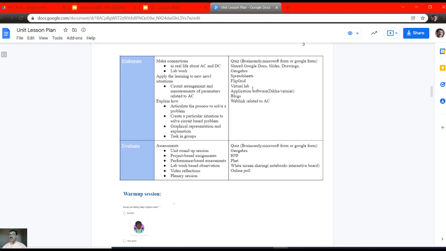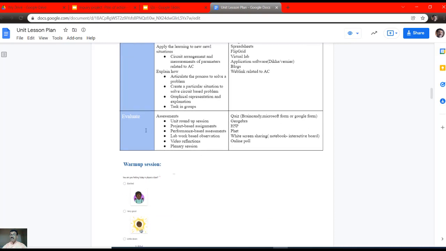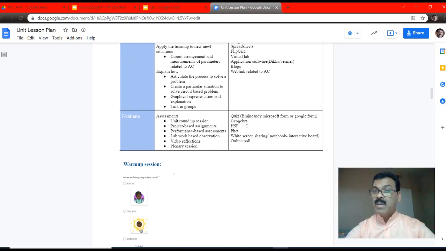You can use a spreadsheet. You can use a virtual lab, and we can use even some application software like Bernier, Diksha. We can use some blog, and finally we can evaluate our students by making a quiz, by implementing certain interactives and simulations where they can play, and we can conduct an online opinion poll as well, or we can straight away